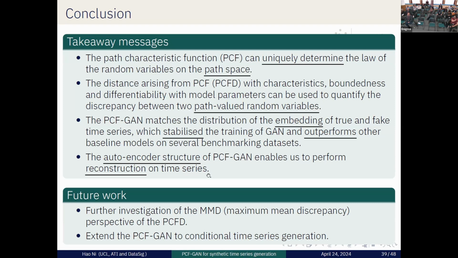And in ongoing work, we explore the quantum representation of the PCF distance. So the PCF distance can also be viewed as an MMD distance. And it would be interesting to explore the theoretical